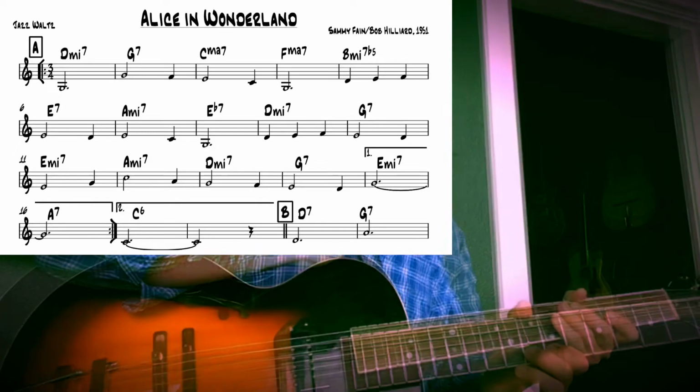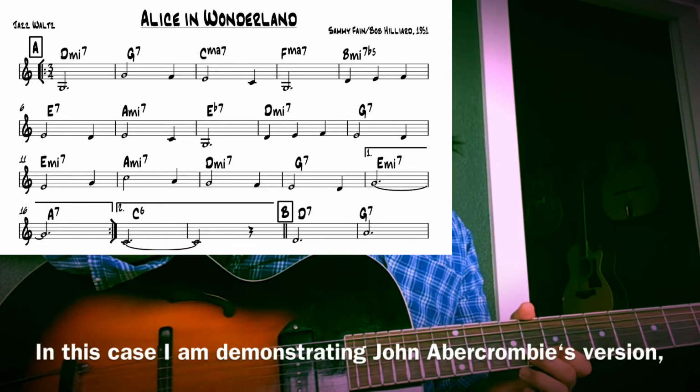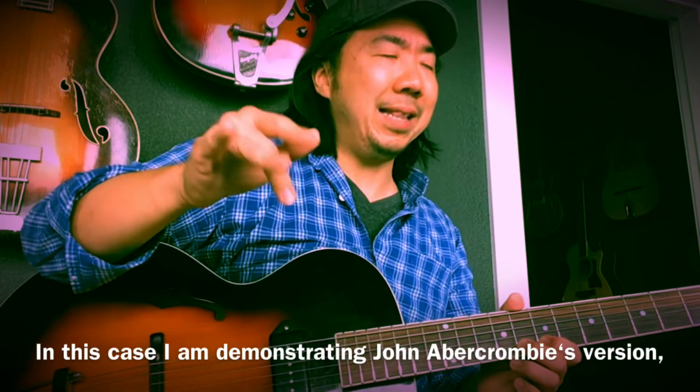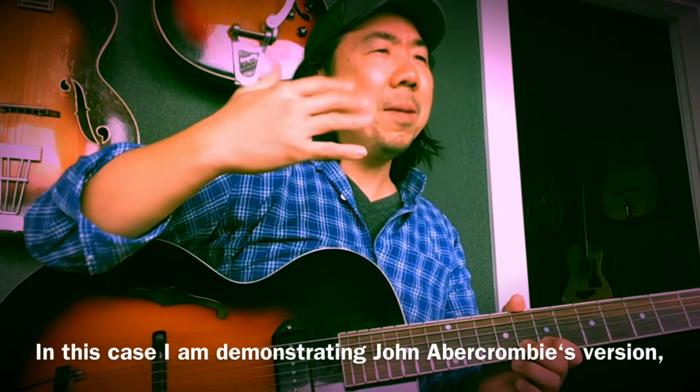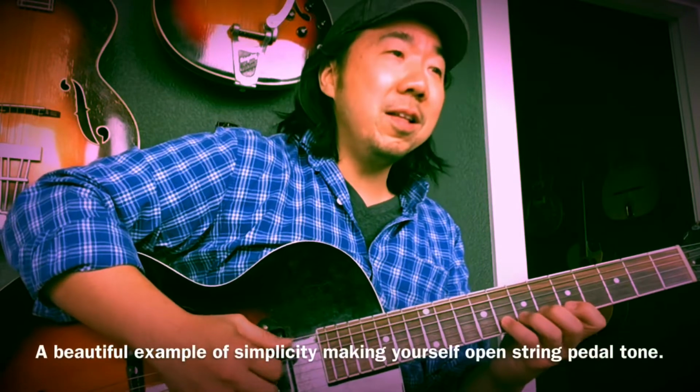So all that stuff that we just played for you, an example, it's with a trio. John Abercrombie trio with Mark Johnson on bass and Peter Erskine on drums on the ECM label back in the 80s. Beautiful version of it. But they pedal tone it. The bass just does this. And there's this beautiful...